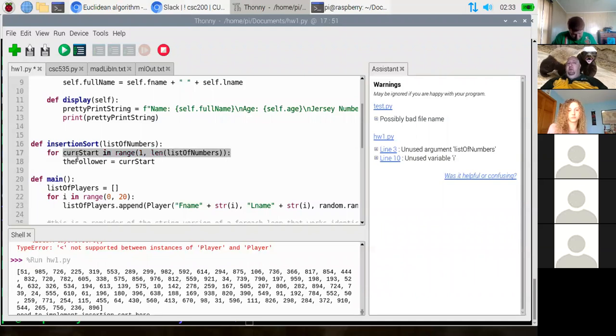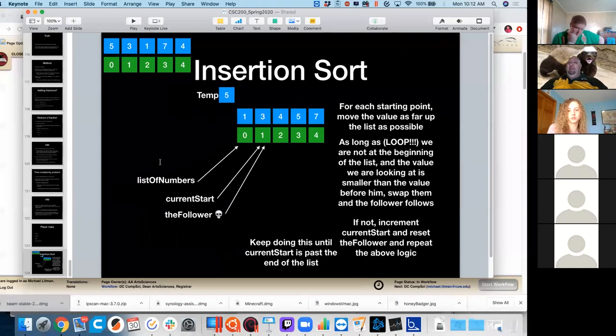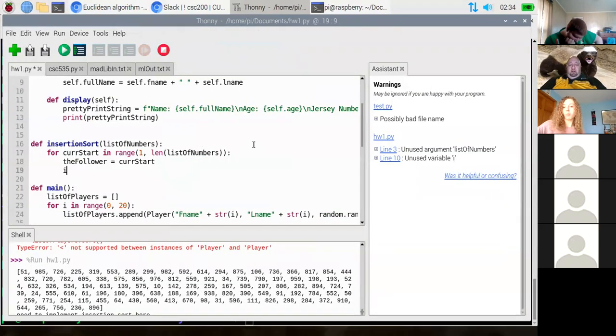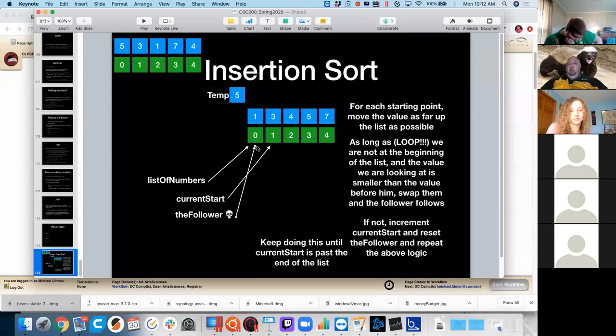So CurStart is going to be one of these indexes. It's going to start at 1, then go to 2, then 3, then 4. The follower will always start off at whatever CurStart currently is. Then we ask a couple of questions. First, are we already at the beginning of the list? Once the follower is at bucket 0, we don't have a value before it to compare it to. So it needs to be greater than 0. So if the follower is greater than 0, and assuming it is greater than 0,